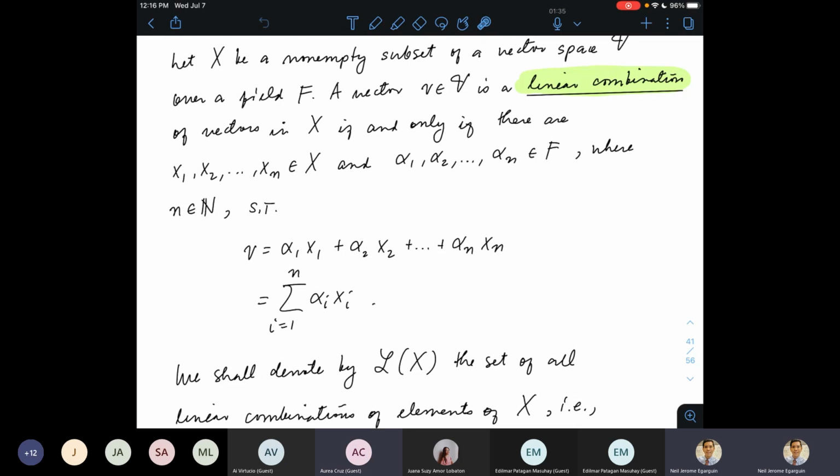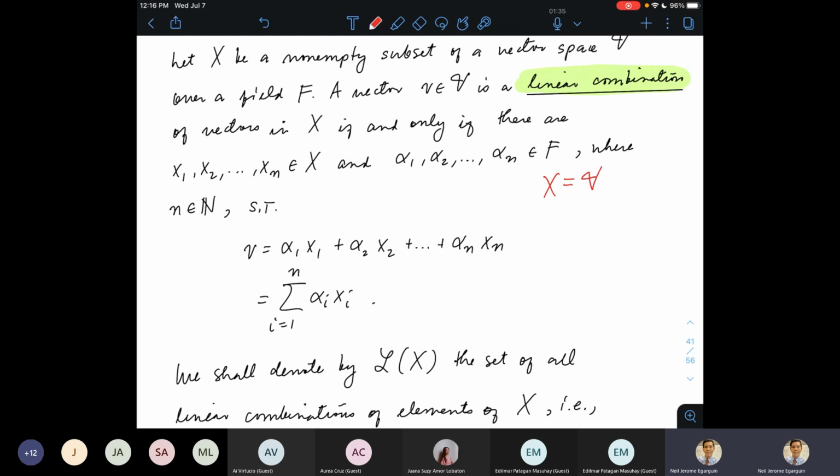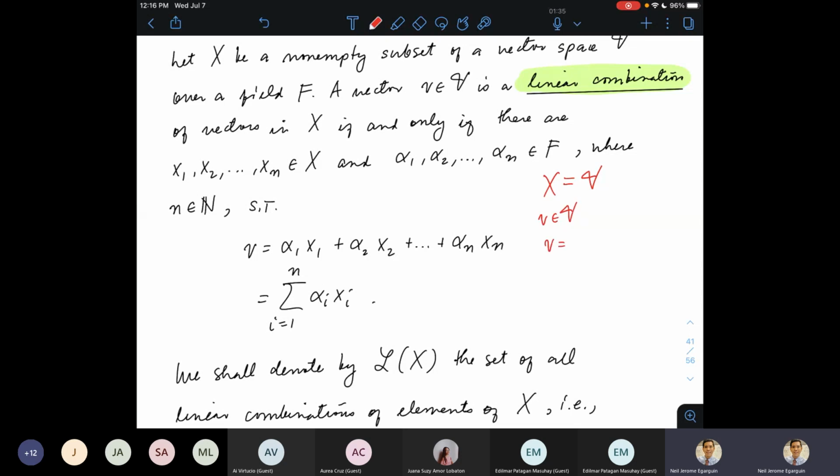But yeah, if you take X or big X to be the vector space V itself, then this is true. Kasi kung kukuha ka ng isang vector kay V, then that vector can be written as unity times itself. Kasi si little v ay naka-capital V. So ibig sabihin, lahat ng vectors sa vector space is a linear combination consisting of itself. All right? Because I said n is not fixed as long as it is finite. So here, I just used one element of big V in order to write V